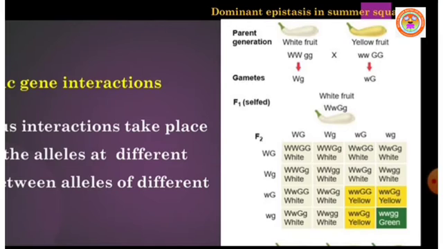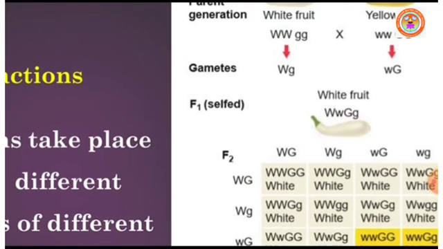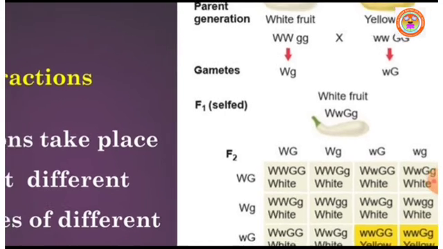So in the F1 generation, when the parents of white color fruit and yellow color fruit with the genotypes capital W, small g, and small w, capital G are crossed, all the F1 generation were white color fruit. You may ask a question: sir, if you observe the genotype, capital W, small w, capital G, small g, both the hypostatic gene and the epistatic gene are there. Why does the white color fruit alone produce, sir? Keep remember,